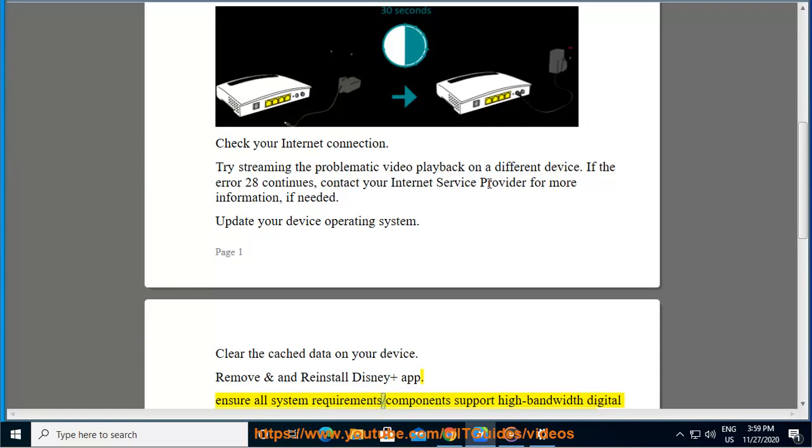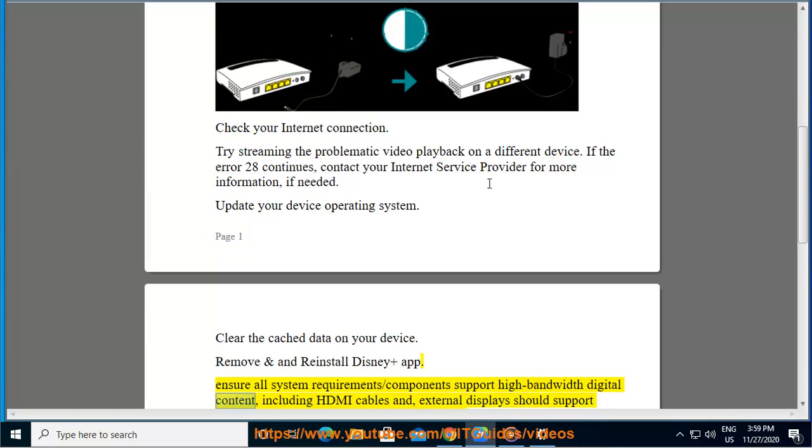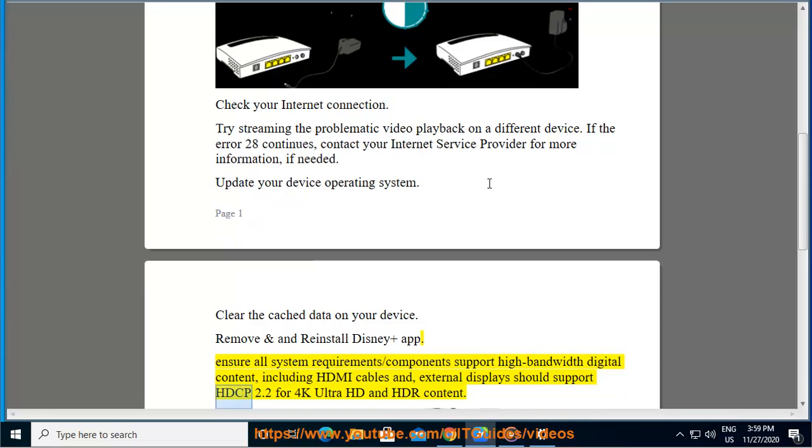Ensure all system requirements/components support high bandwidth digital content, including HDMI cables, and external displays should support HDCP